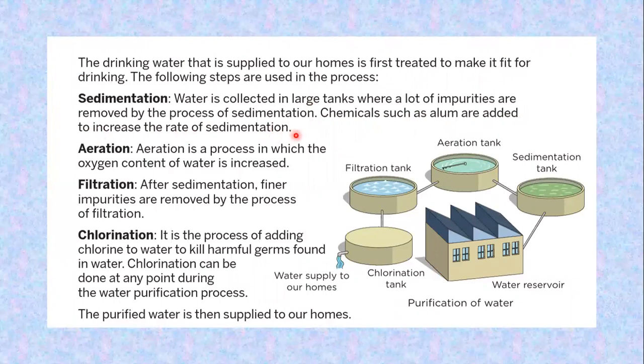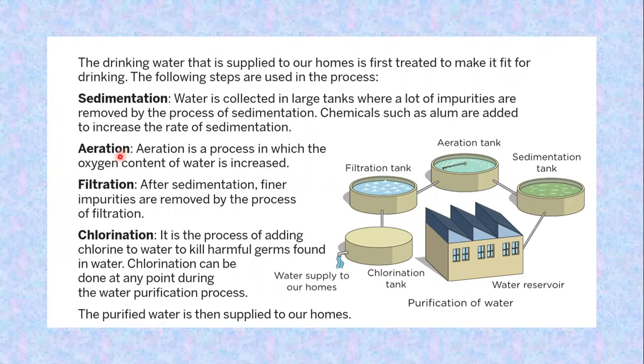You remember in the previous class when we were doing sedimentation, I told you about alum. Alum is nothing but a chemical which sticks to the impurity particles and makes the impurity particles stick to each other and also to alum, which makes them heavier and they settle down more quickly. So it increases the rate of sedimentation and it ensures that most of the impurities, insoluble ones, are settled down. So first the sedimentation takes place, then the decantation is done by just taking the water off from the sedimentation tanks and sending it to a secondary tank, the next second tank.